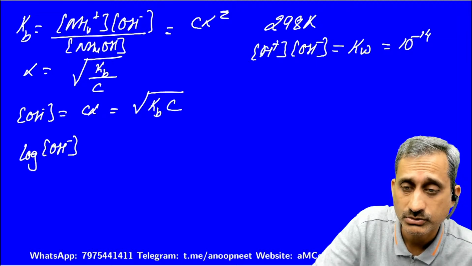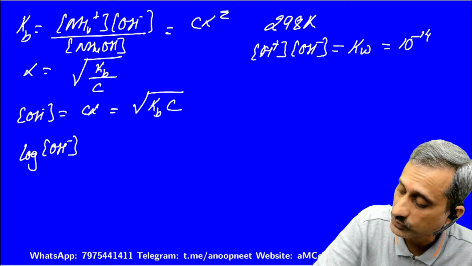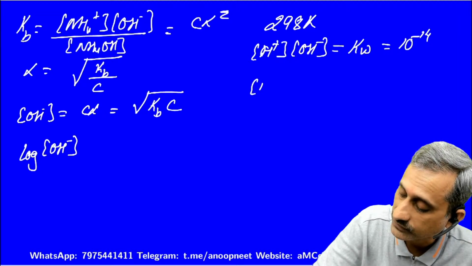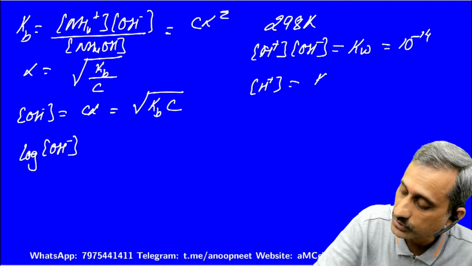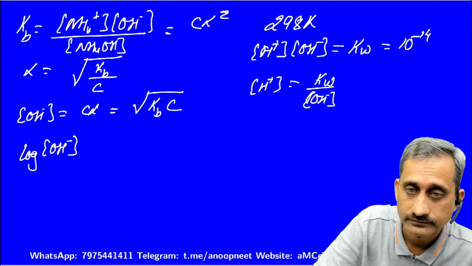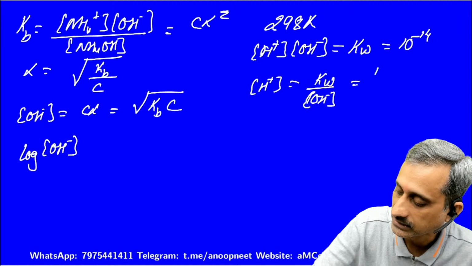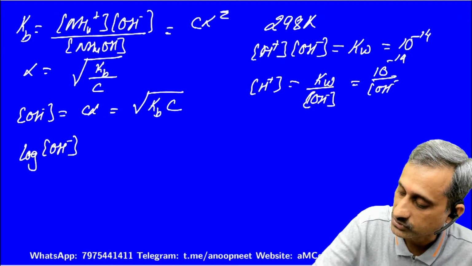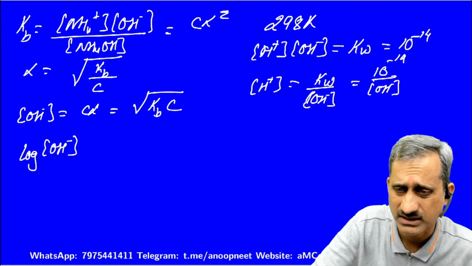ठीक है, it is equal to 10 raised to power minus 14. अब 10 raised to power minus 14 की अगर हम बात कर रहे हैं तो that simply means that the concentration of H plus will be equal to KW divided by the concentration of OH minus. Clear? यानी कि that will be equal to 10 raised to power minus 14 divided by the concentration of OH minus. तो आप यहां से भी सीधा सीधा concentration of H plus निकाल सकते हैं।